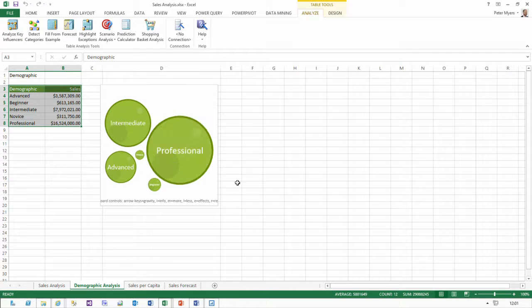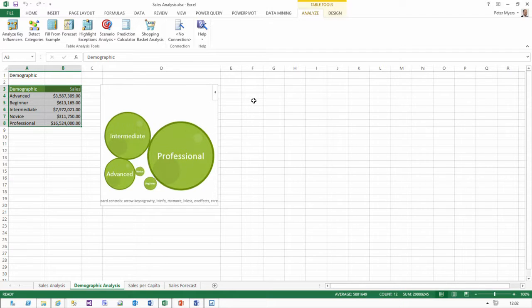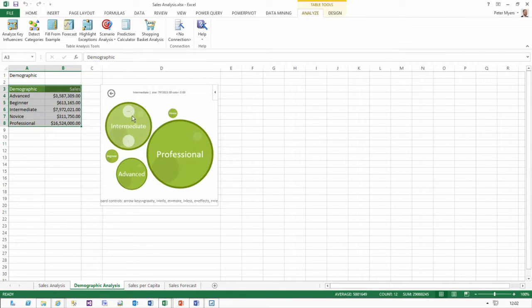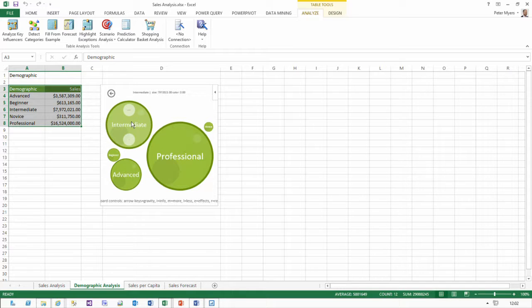So what's sort of cool with this, it's sort of animated. You can use the down button to add more gravity, or the up one to release the gravity, and you can sort of flick them around. And by clicking on them, you can see statistics if we had enough zoom space. So it's cute. I mean, how practical it is, I'm not quite sure, but what I think it demonstrates is